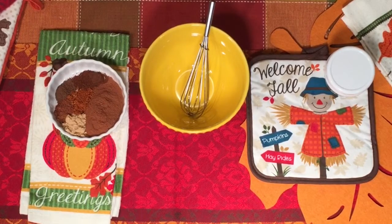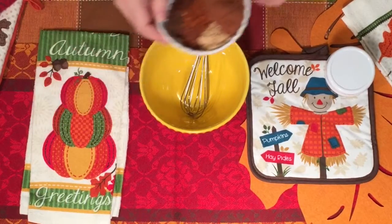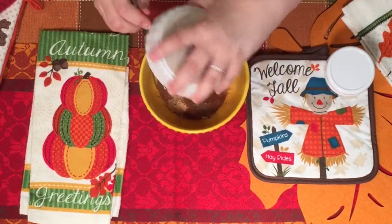So again, 3 tablespoons of cinnamon, 2 teaspoons of ground ginger, 1 teaspoon of nutmeg, 1 teaspoon of mace, half a teaspoon of allspice, and 1 teaspoon of cloves, okay? So there's my spice now. That's all there is to it. Put all this in,